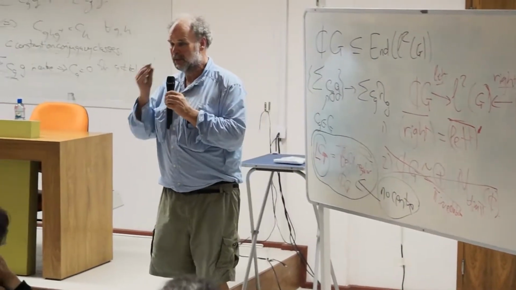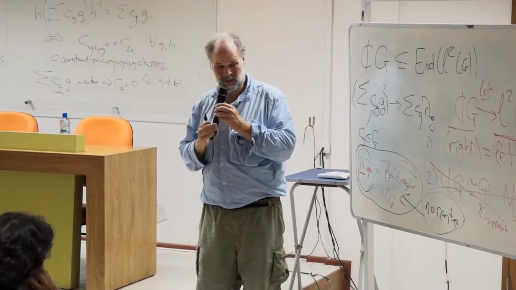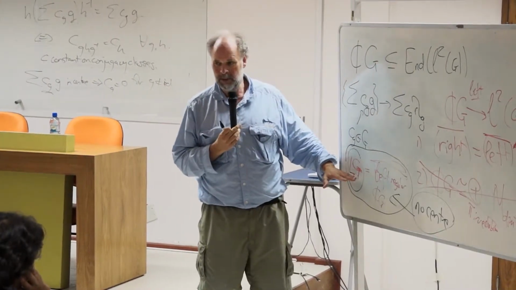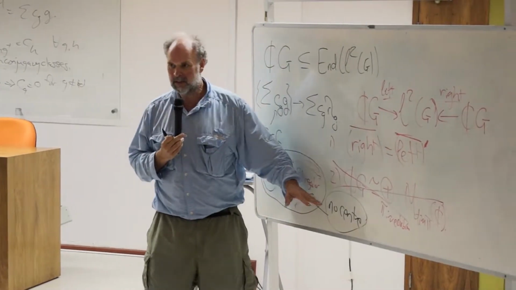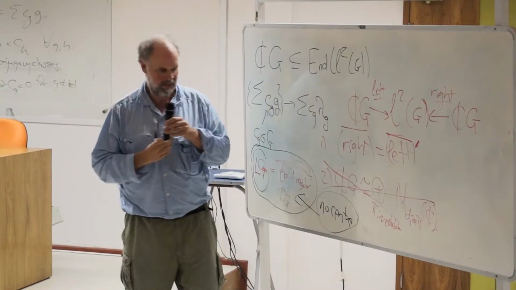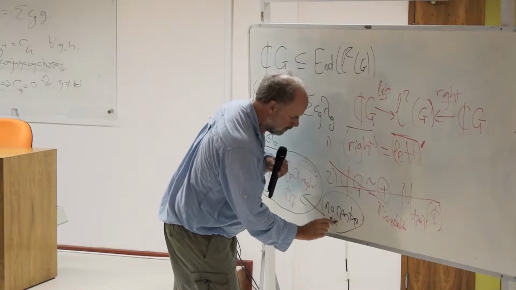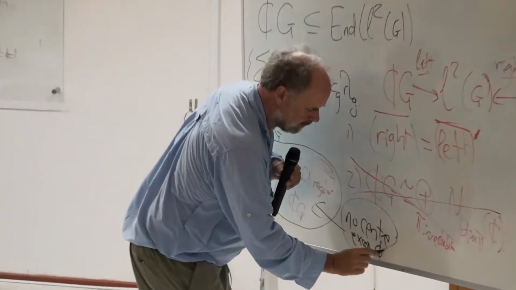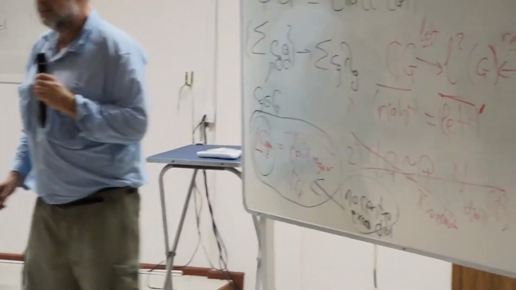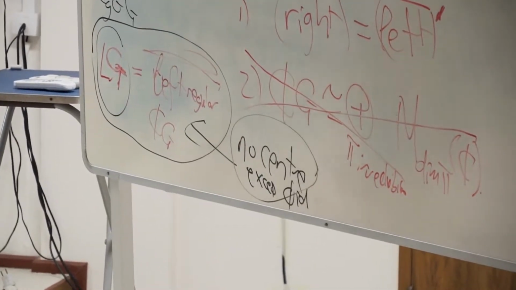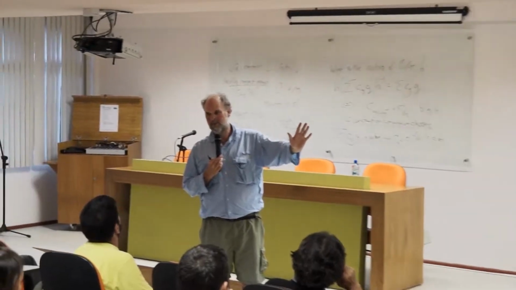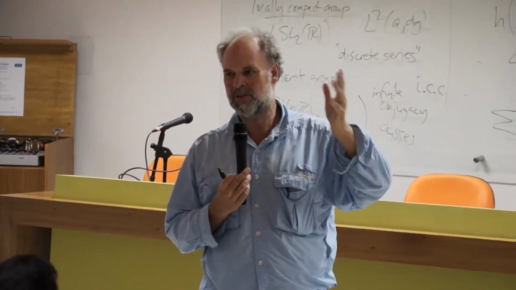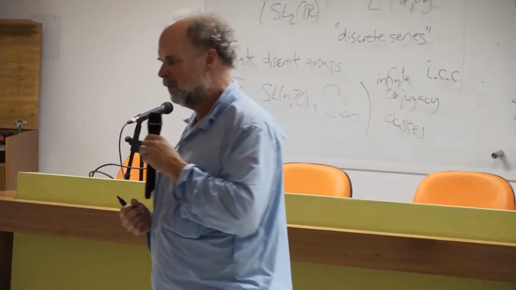Okay, so the result is that if the group is ICC, this von Neumann algebra, this closure of the left regular representation, has no center. Well, it has a center: the scalars, C times the identity. And that's the first reason that this decomposition, which works so beautifully for finite groups and for compact groups, goes disastrously wrong for infinite discrete groups.